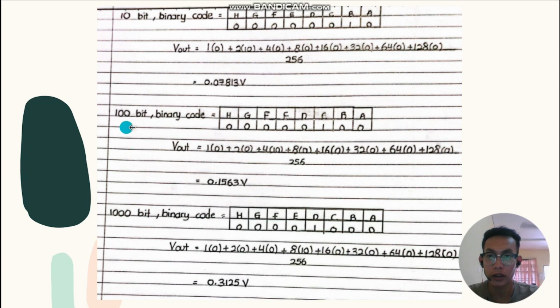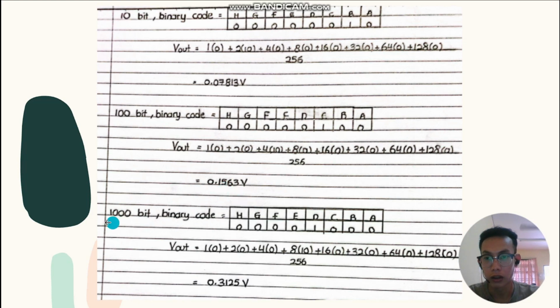For the 100-bit binary code equal to HGFEDCBA, 00000100. So the Vout is equal to 1 times 0 plus 2 times 0 plus 4 times 10 plus 8 times 0 plus 16 times 0 plus 32 times 0 plus 64 times 0 plus 128 times 0 over 256. And the result is equal to